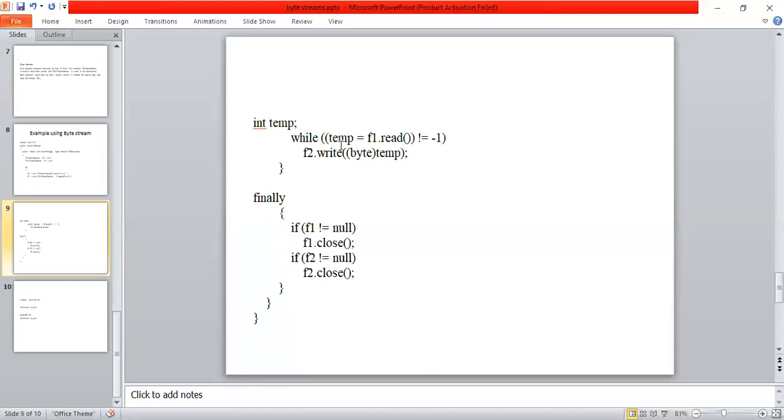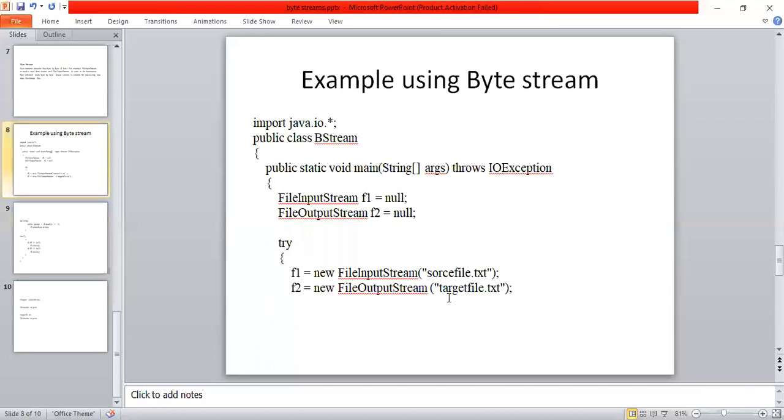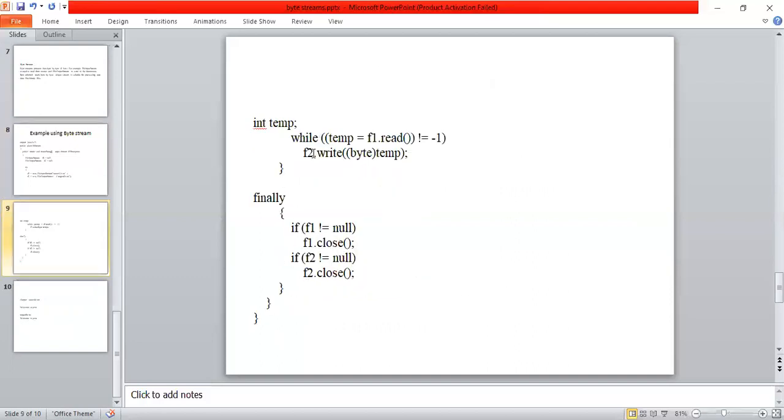Then that content is copied into the temporary variable. Using this temporary variable, I'm copying into the second file pointer. The second file is nothing but the target file. So I'm copying the content into the target file by using its pointer called f2. So f2.write: here the write method is used to write this temp content into my f2 file.